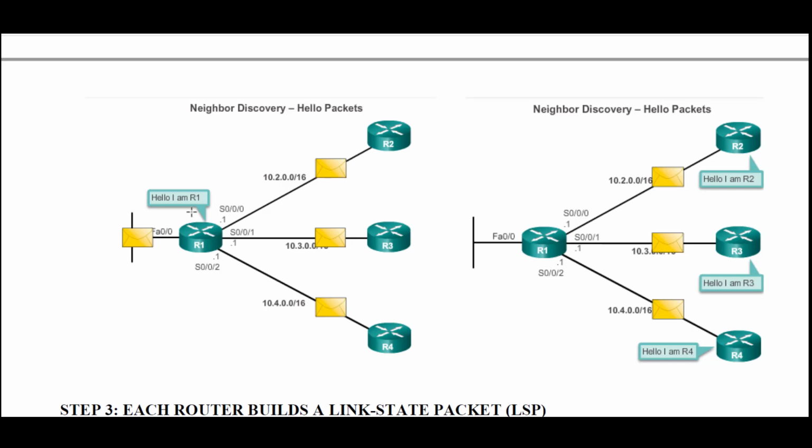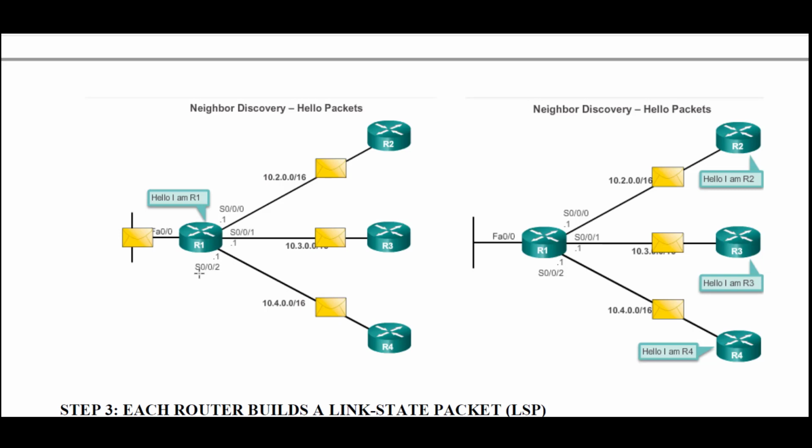What is available inside the hello packet, we will see later. Now a hello packet is created. The hello packet is now broadcasted to everybody, to all the directly connected networks, to the directly connected links. That means the hello packet is reaching R2, reaching R3, reaching R4. So everybody is getting the hello packet of R1.